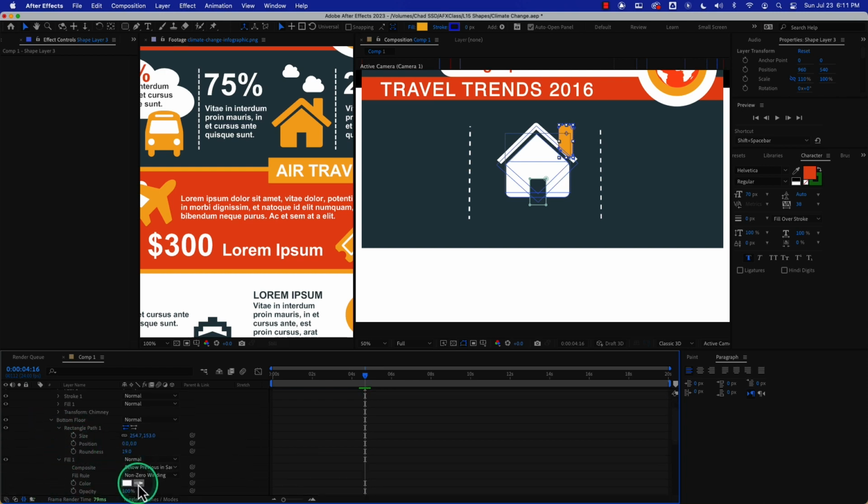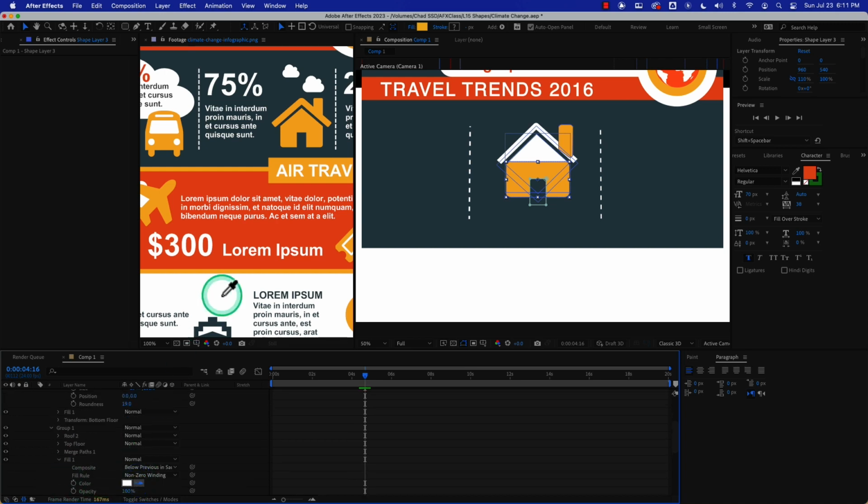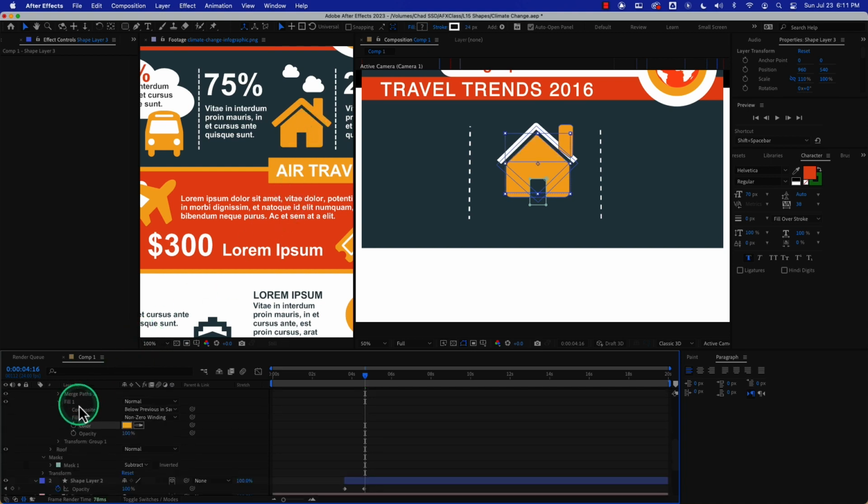Fill to yellow. You could group these things together and make the fill, but just in case we change anything later on, we'll just have them be all the same. This grouping has a fill in it. The hierarchy gets a little weird sometimes, so you've got to be careful with the hierarchy of how these things come together. And then lastly, the roof